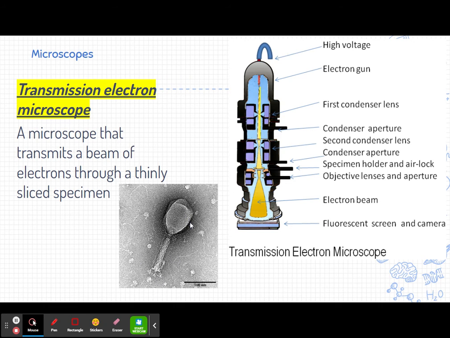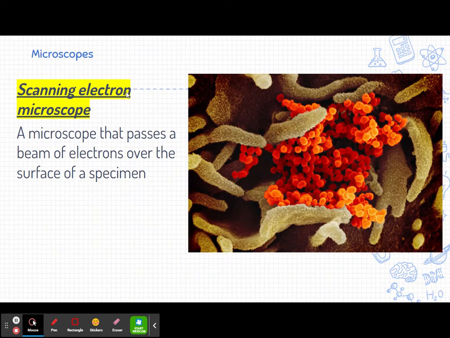So when we use a transmission electron microscope, this is the basic image because it's going through the specimen. So we only get an image of the specimen, and you can kind of see it. They get real hot, so you have to have a condenser. You gotta have something that keeps it cool, because we're talking about electrons here. So that's the transmission. The other one is the scanning electron microscope, and that passes a beam of electrons